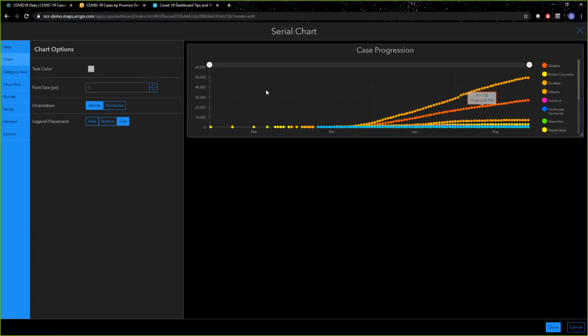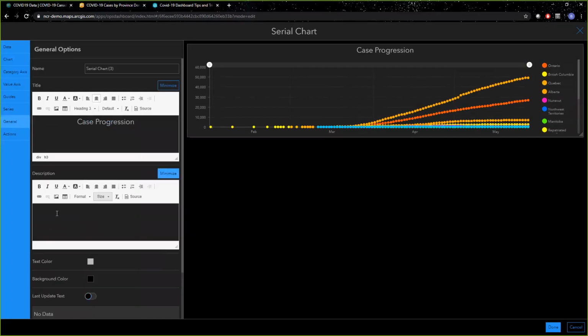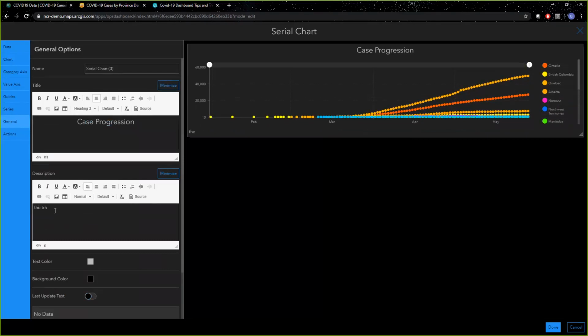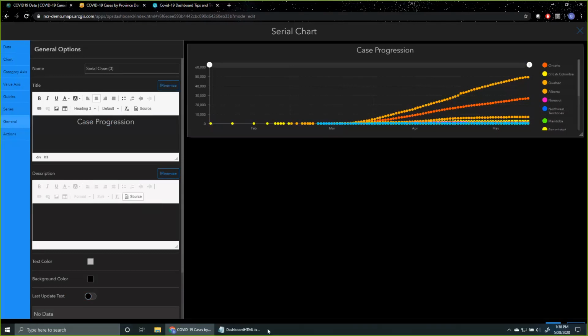So I can do that by going back into my general tab and adding a description. So just to show you, I could write whatever I want here, and it shows at the bottom. But I'm going to be a little fancier, and I'm going to use this source button here to actually input some direct HTML code into my description. So we'll hit source, and then I'm just going to jump down here